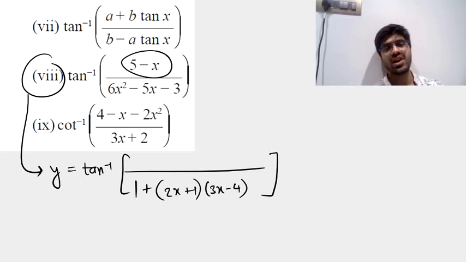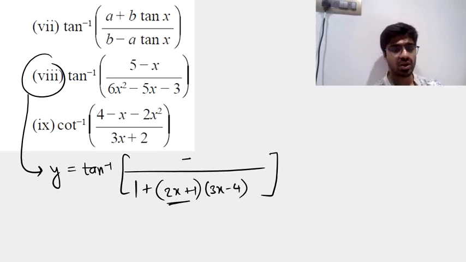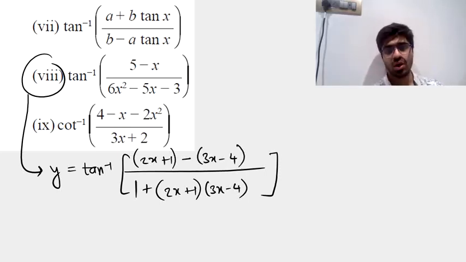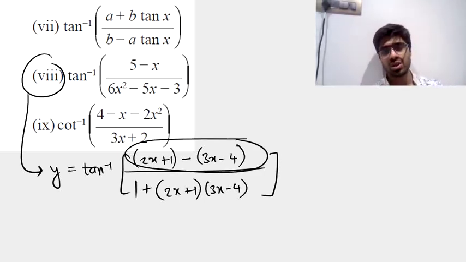Now the numerator is 5 minus x. So how do you bring a 5 minus x in the numerator? There's a plus here, so in the numerator there should be a minus. To get a minus x, it should be this bracket minus this bracket. I'm sorry, the reverse of it. This minus this bracket. That's going to be 2x plus 1 and minus 3x minus 4. Just expand the bracket and see if you get a 5 minus x. If you have checked it by yourself, you will realize that yes, you do get a 5 minus x in the numerator. So 5 minus x is being rewritten in this manner, and that's how you write the denominator.